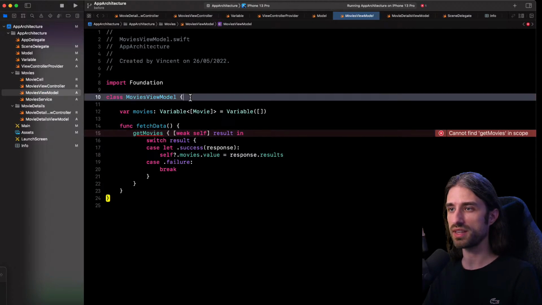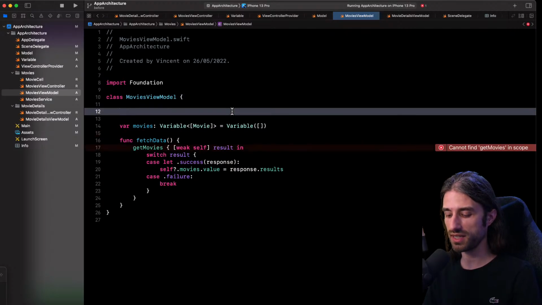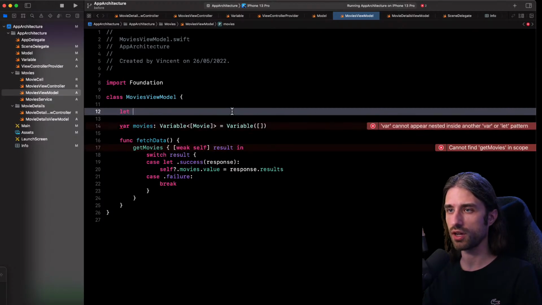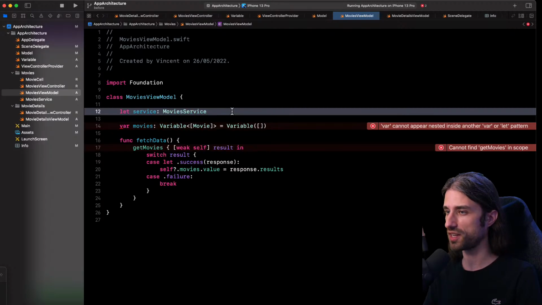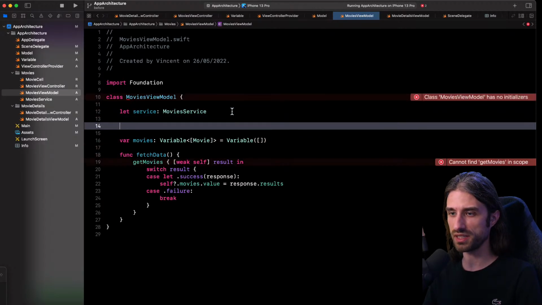So I'm going to make it so that my movies view model uses a movie service, and this movie service can be injected. So it's going to be a let constant because that instance shouldn't change over the lifetime of a movies view model. So it's going to be a service of type movies service. So once again, I want to be able to inject it, so I'm not going to build it here.